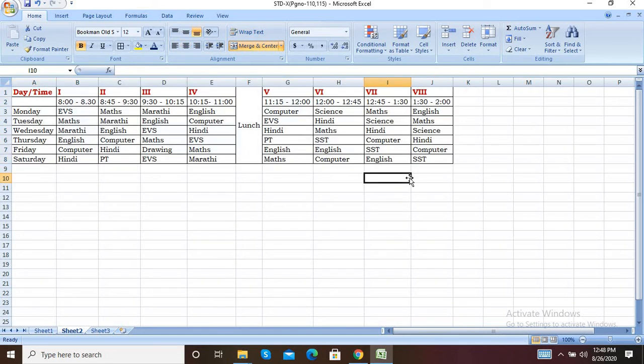Okay, now I am not giving any formatting to the timetable, I just want to show you some practicals. After that, the second point is to add details in the column. So I have already added the details in that column. Now the next thing,